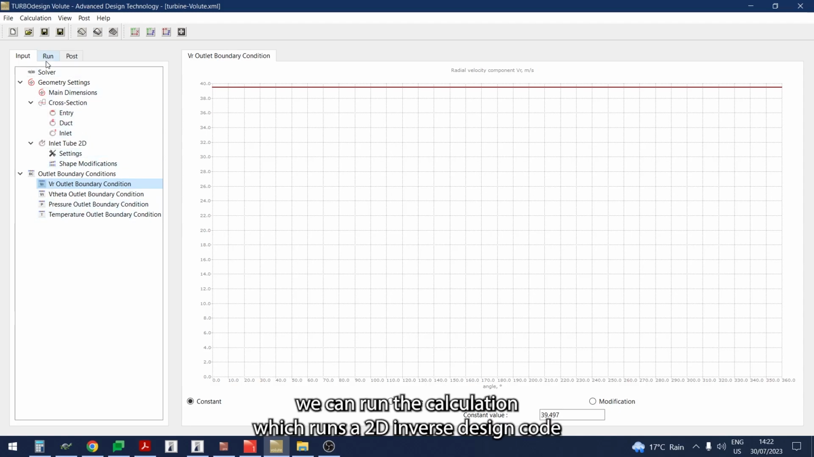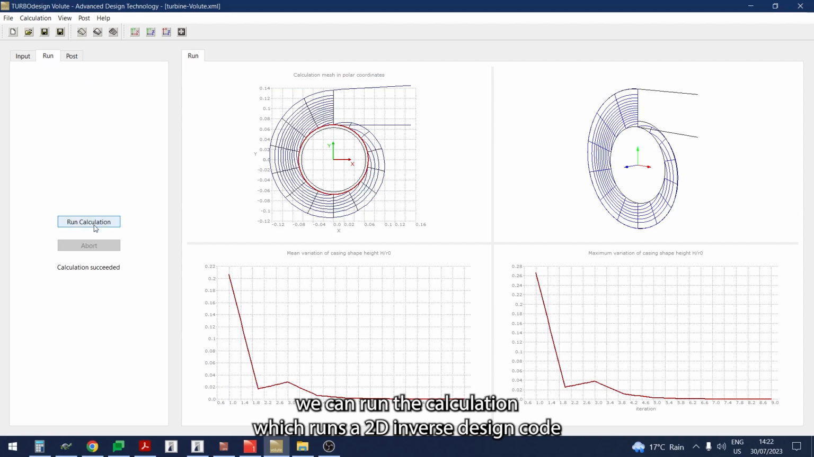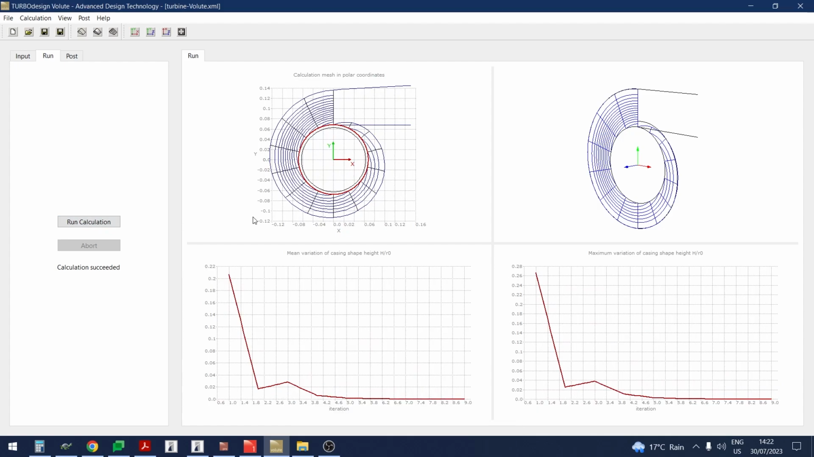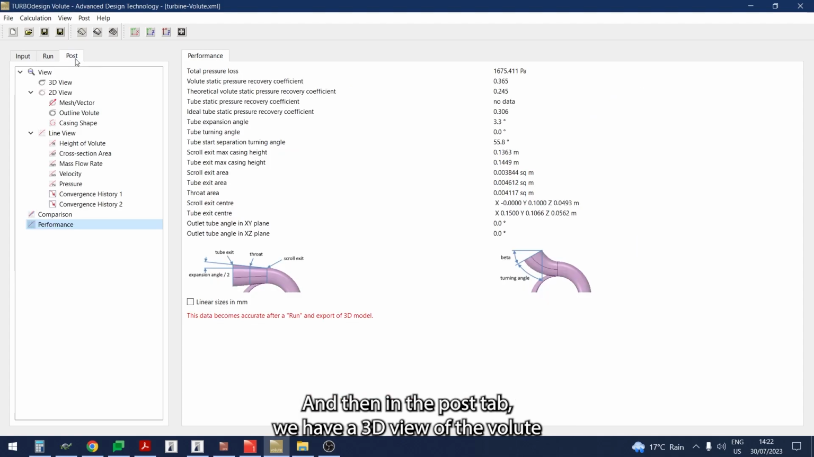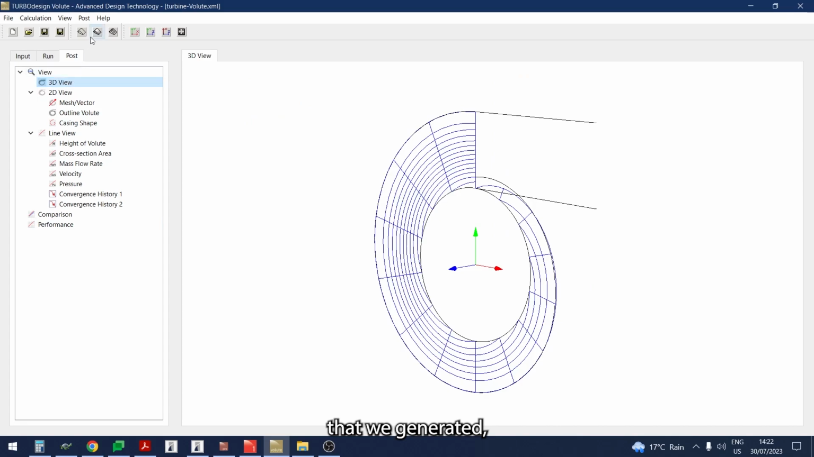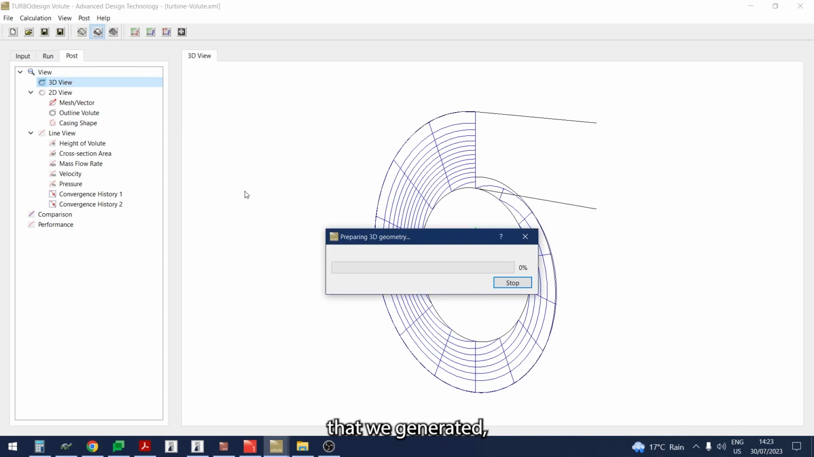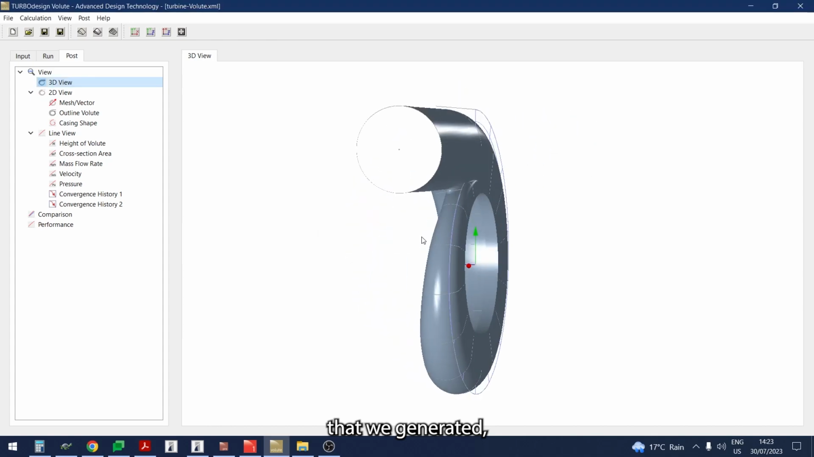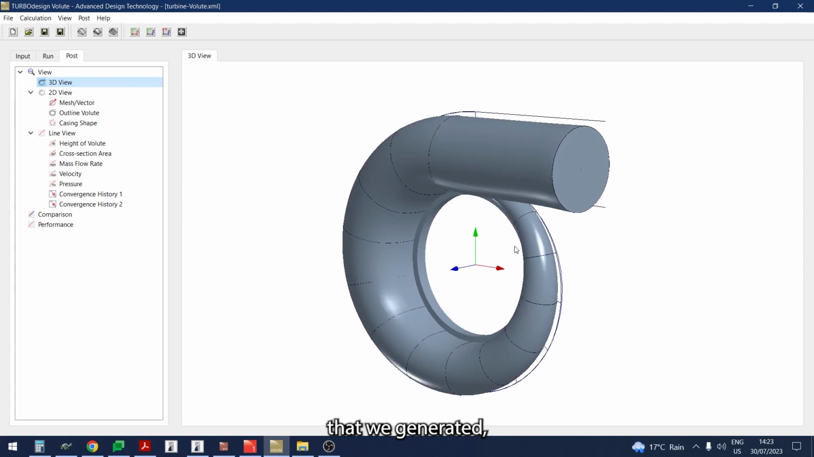So next we can run the calculation, which runs a 2D inverse design code to give us the optimum area distribution for the given volute outlet flow profile. And then in the post tab, we have a 3D view of the volute that we generated, as well as some plots such as the velocity vectors